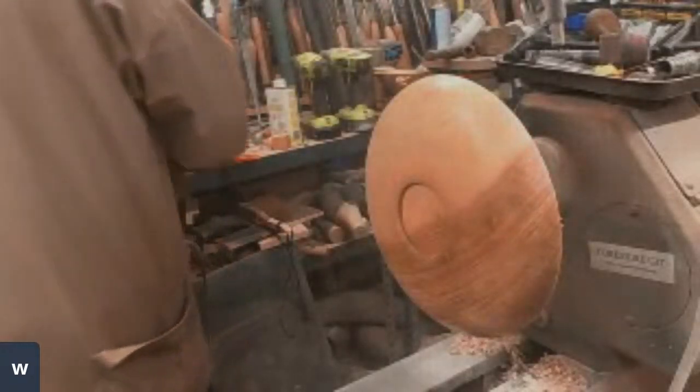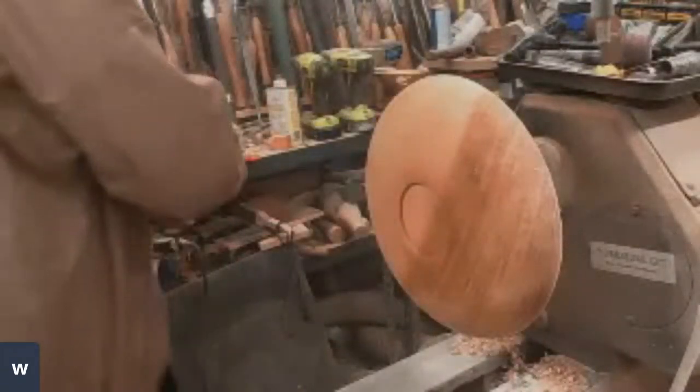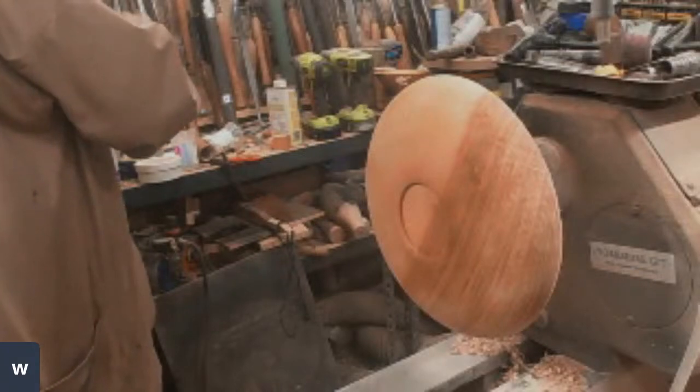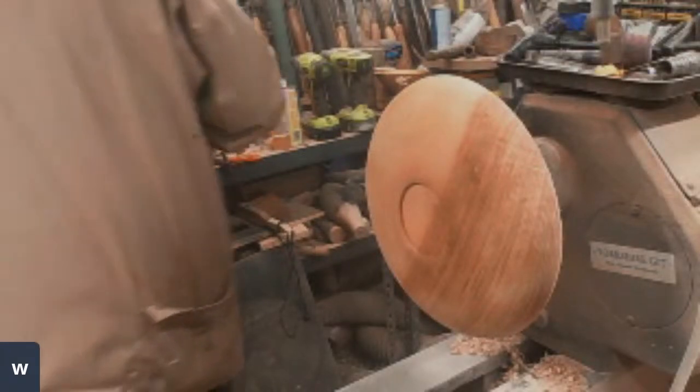Right, so that was acrylic sanding sealer from Chestnut Products. Just wipe off the excess. And then we're going to go with some